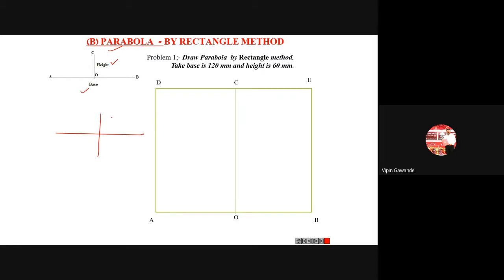If the plus sign is there, what is the plus sign? It is the major axis and minor axis. So we have to construct the ellipse. And if this type of sign is there, that means only above, so base and height, then we have to construct the parabola. If base and height are given, parabola. If major axis and minor axis are given, then it is the ellipse. So likewise, you can remember.